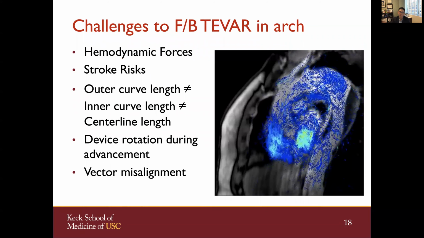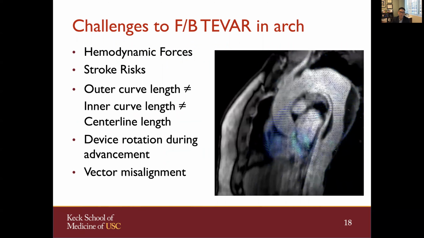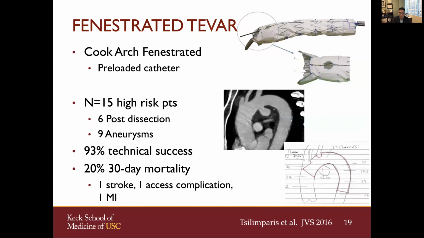The hemodynamic forces are much more severe, and because of this arch hostile hemodynamics and also very angulated anatomy, stroke risk is possible, and there's severe vector misalignment. Typically, what you do at the groin by manipulating the stent graft, particularly in radial orientation, does not translate to the movement across the aortic arch. For this reason, fenestrated TEVAR is a very challenging procedure to do, and it has not made it across the